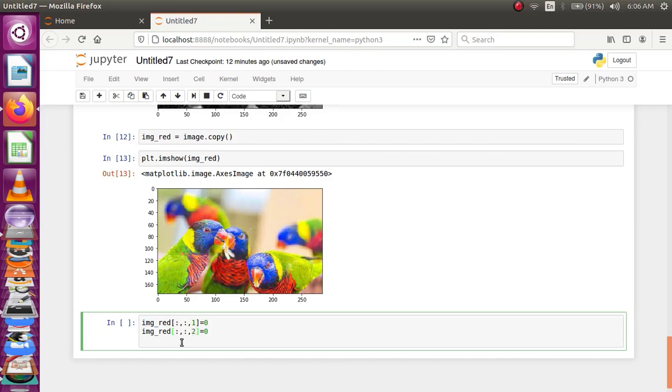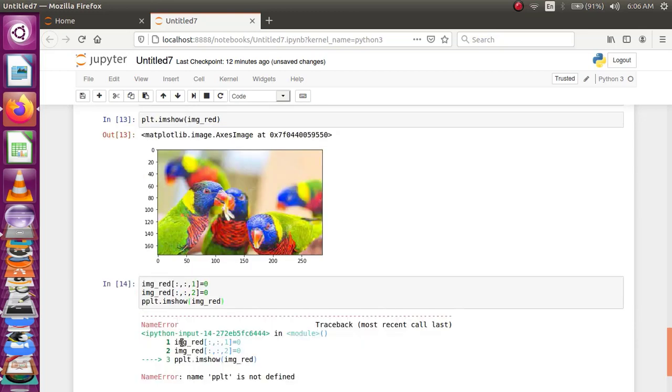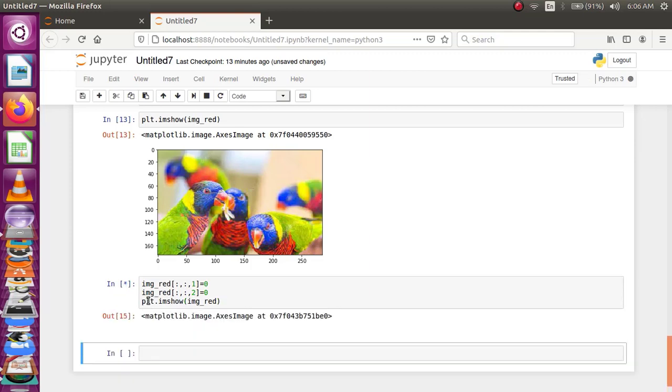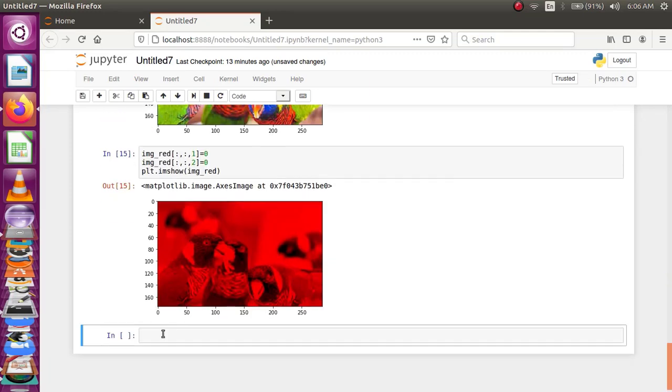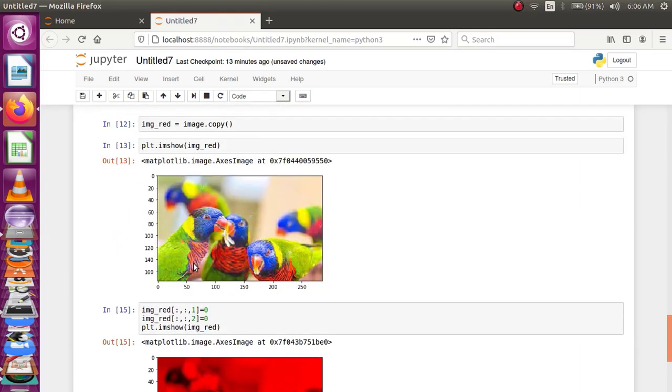Now, when I try to plot it, let's see what is happening. You can see here only red channel information is present because we have made all the other 2 channels 0.